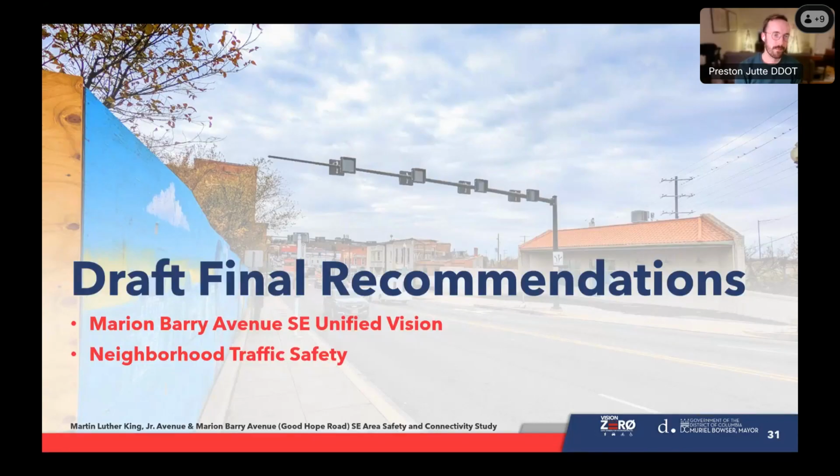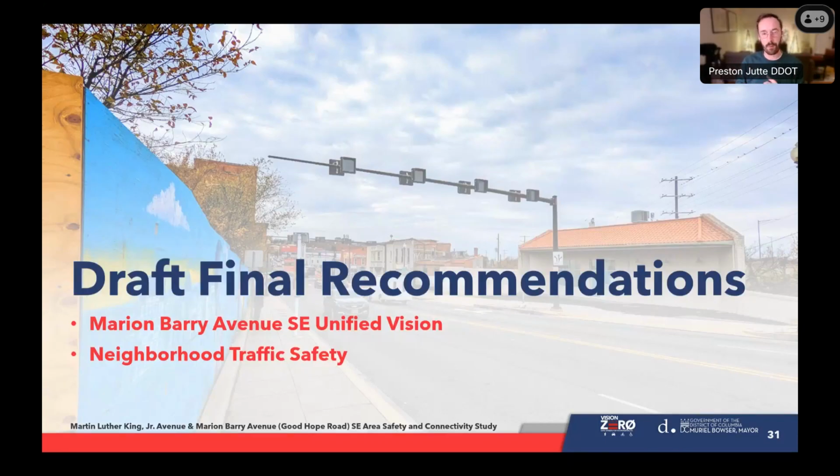Next slide. All right, so it leads us to our draft final recommendations. Hopefully, from the way I've spoken through the feedback, you can see the direction we're headed, but I want to show you exactly what we're proposing. We've drafted some images that we think make it a bit clearer of the potential of what a unified vision could look like and what some of those traffic safety features could look like, so that we can close out this project, this engagement and planning phase of the project, and get to the design and